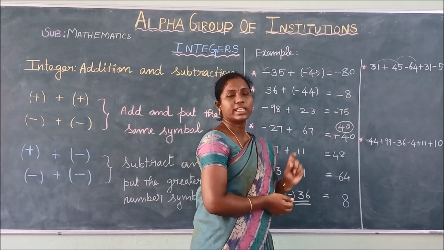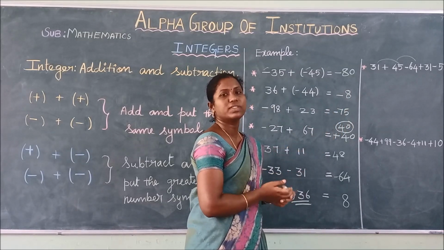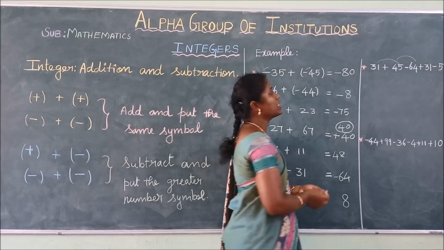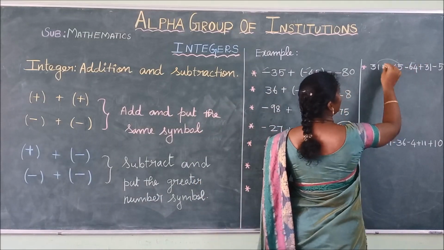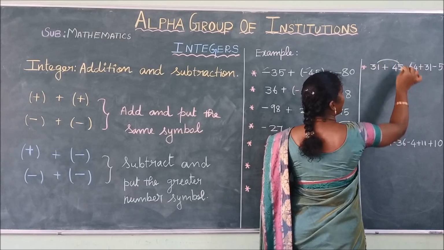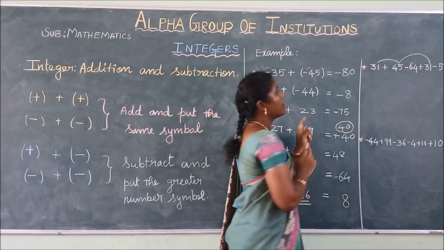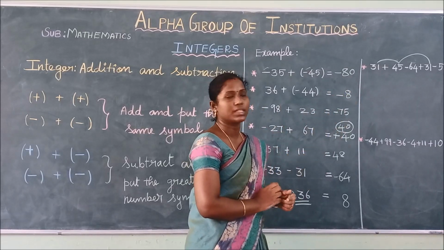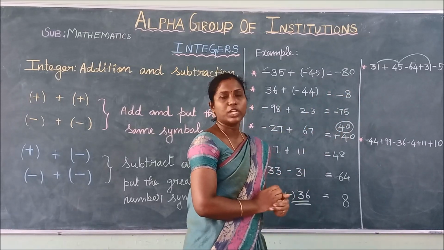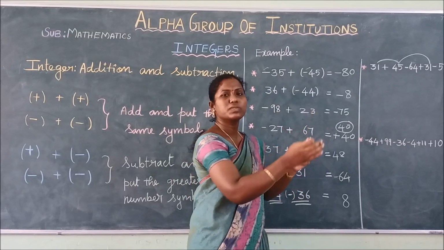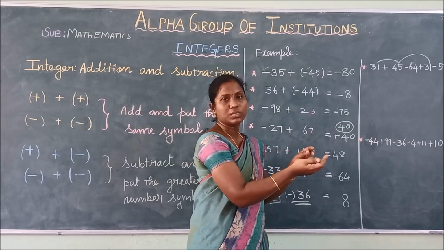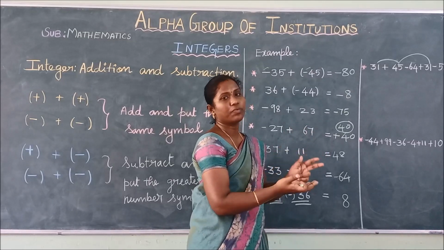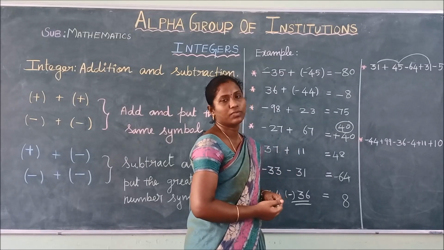But whenever you have an expression like this, just combine the numbers with the same sign so that you can easily solve the problem. What are the numbers with the same sign here? Plus 30, plus 45 and the number plus 31. These are the numbers with positive signs, and the other number has a negative sign. To solve this, just combine the positive numbers alone and the negative numbers alone. Solve the positive numbers first, then the negative, and then you can easily find the answer to the problem.